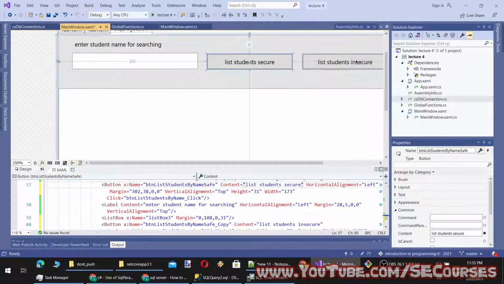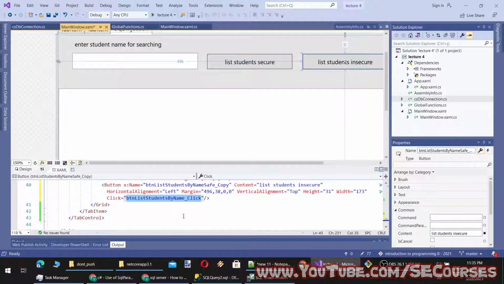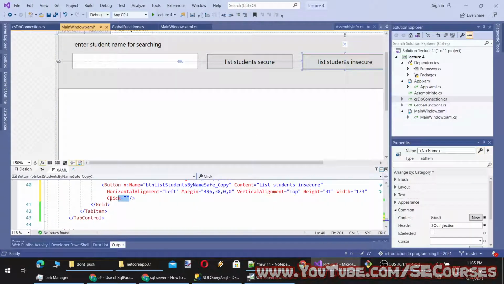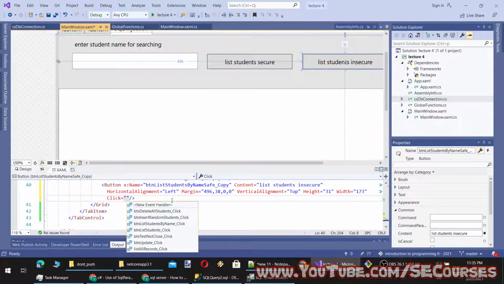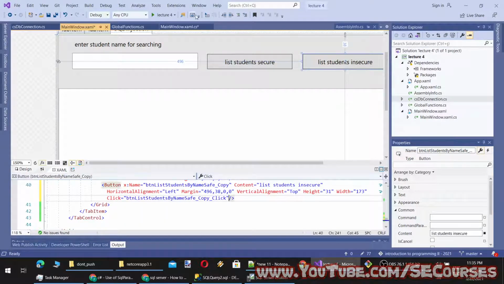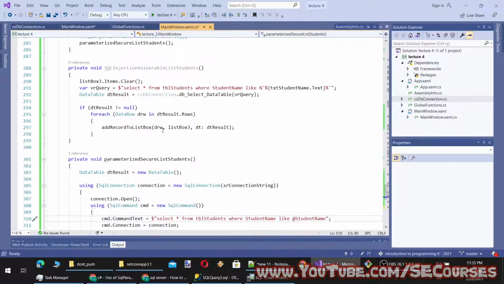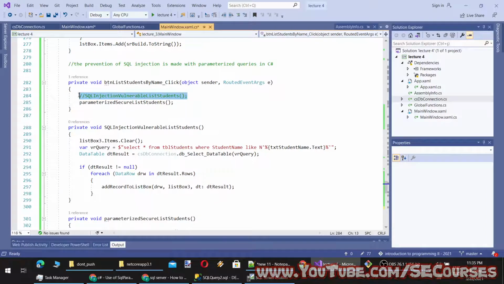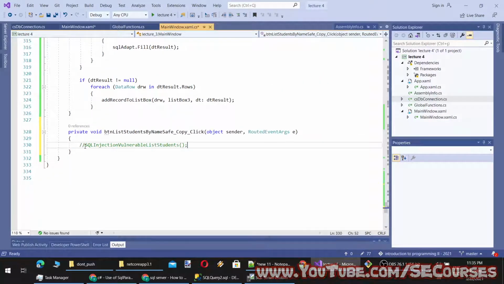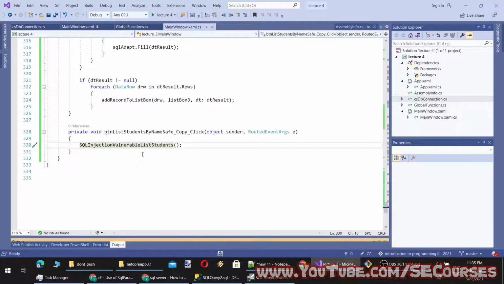And here we will delete the click event and create another one. Click new event handler. What we are going to do is simply take this and put it here. So now let's rerun.